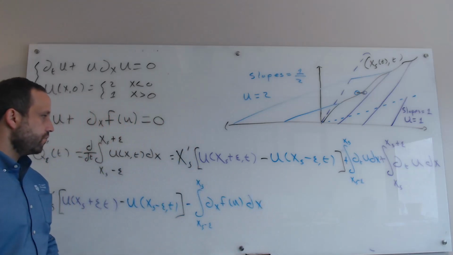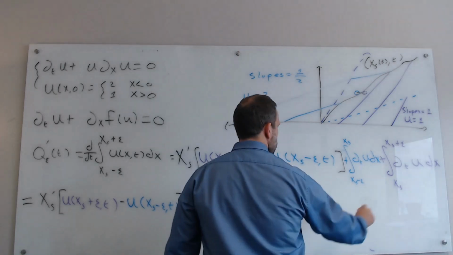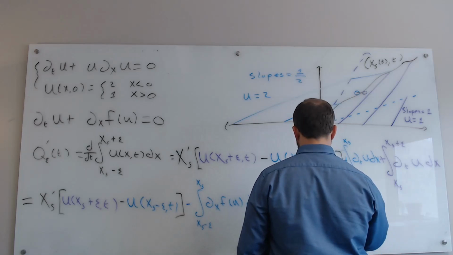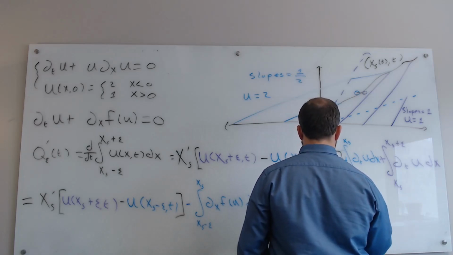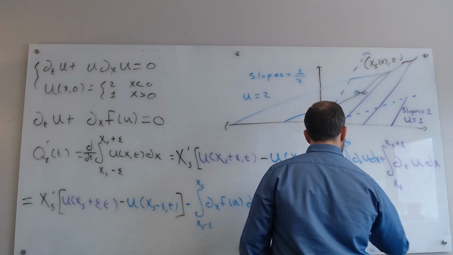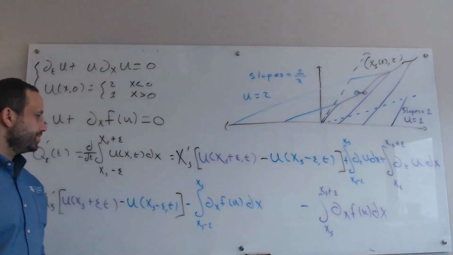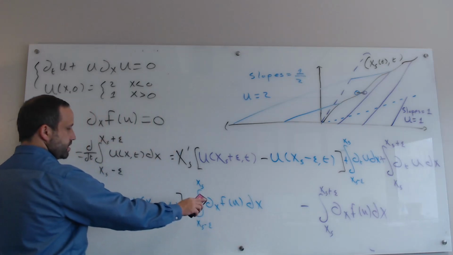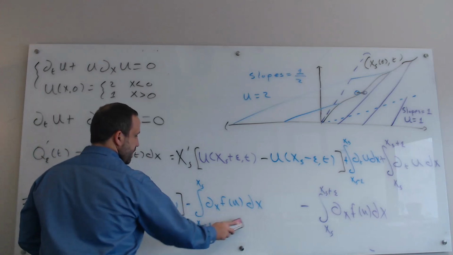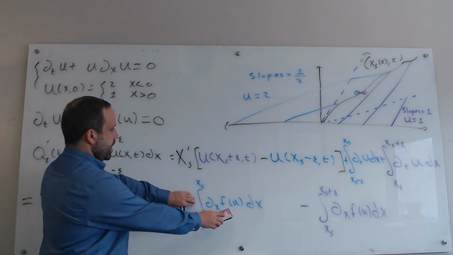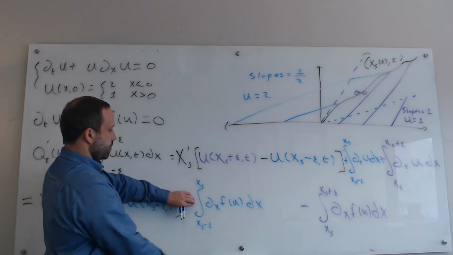Okay, I'm going to give myself enough room here, and I can replace this with something similar. There's going to be the integral from xs to xs plus epsilon times the x derivative of f of u. Now what I'm going to do is use the fundamental theorem of calculus. So I'm doing the integral with respect to x of the x derivative of f of u. So forgetting about the minus sign, it's going to be f of u evaluated here minus f of u evaluated